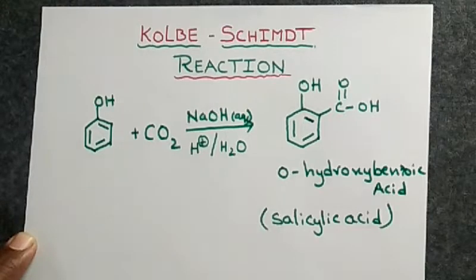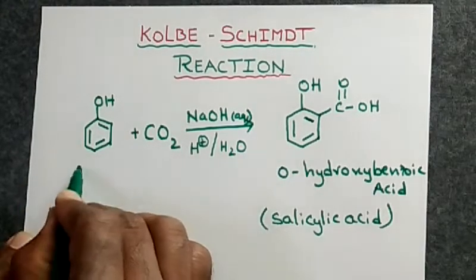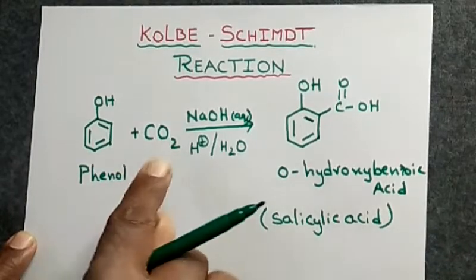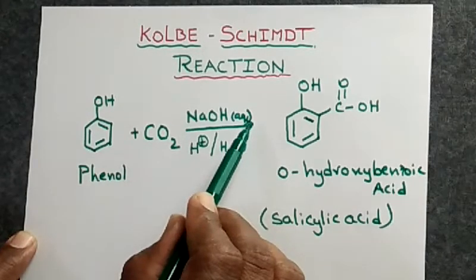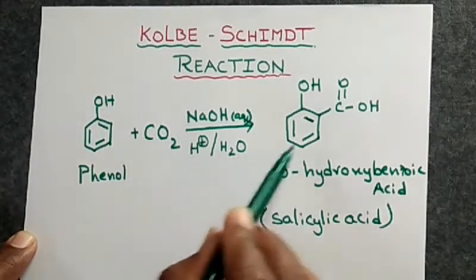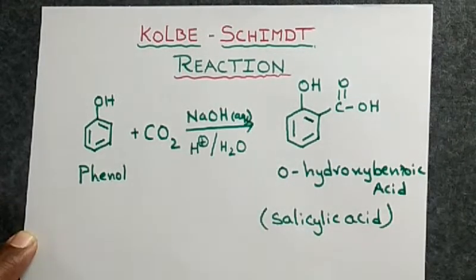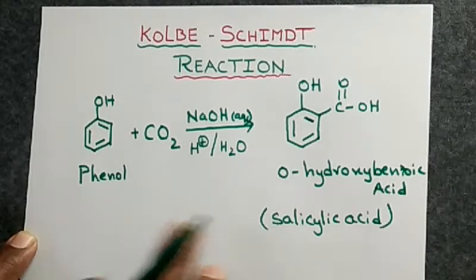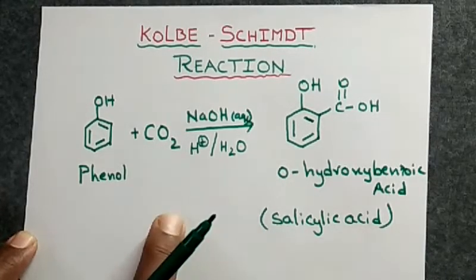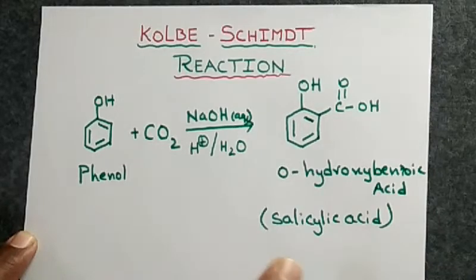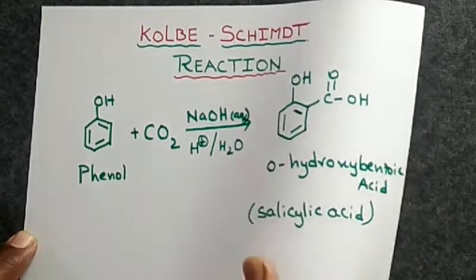Dear students, whenever the phenol is allowed to react with the carbon dioxide molecule in presence of an aqueous base followed by the treatment with dilute acid, it produces orthohydroxybenzoic acid, salicylic acid, as the product. This reaction is known as the Kolbe-Schmitt reaction. How this salicylic acid is formed from these two reactants, I am going to explain with the help of a mechanism, which is also a very simple one. So please observe, dear students, the mechanism of this particular reaction is like this.